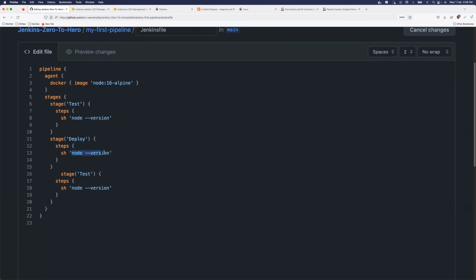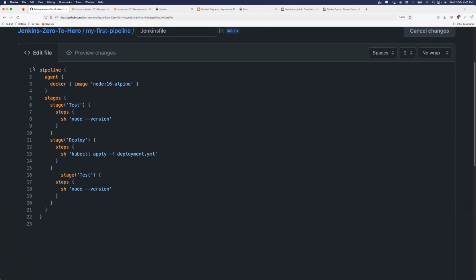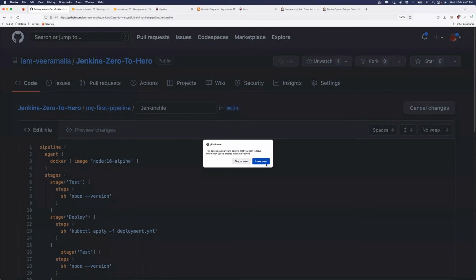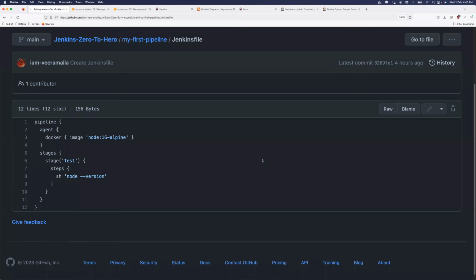In this specific stage, you are probably saying kubectl apply -f deployment.yaml. Or you might add one more step for Sonar. So your Jenkins pipeline is never complicated